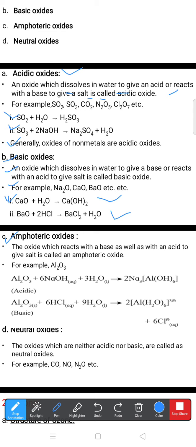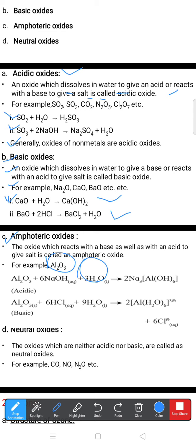An oxide which reacts with base as well as with acid to form salt is called an amphoteric oxide. Amphoteric means, remember, it has dual nature. What dual nature? Acidic as well as basic. Example: alumina, Al2O3. Al2O3 with 6 molecules of aqueous NaOH and 3 molecules of liquid water gives 2 molecules